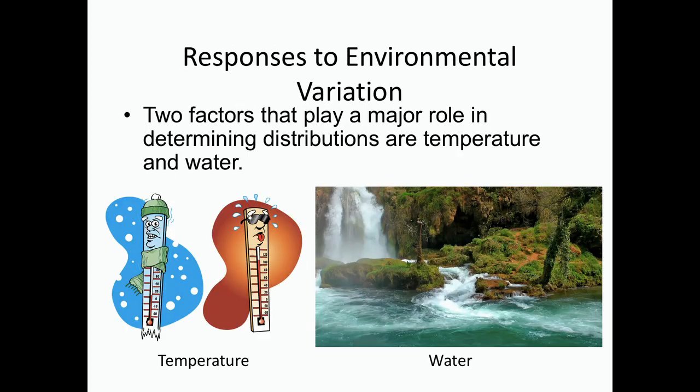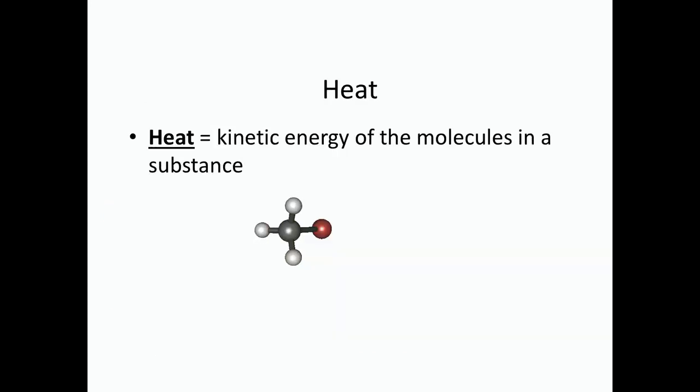So as we've been seeing in the last few sections, the two environmental factors that play the biggest role in determining distributions of organisms are temperature and rainfall. So temperature, whether it's hot or cold, and rainfall, which determines water availability. In this section, we're going to be looking specifically at temperature. In a future unit, we'll be looking more at how water influences organisms. So just some basics in case you haven't covered temperature in previous classes.